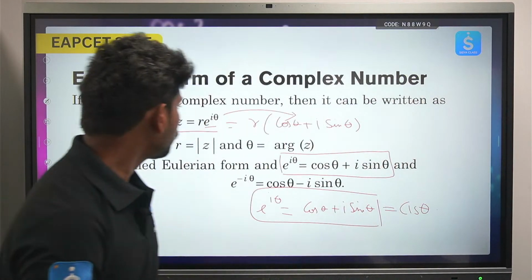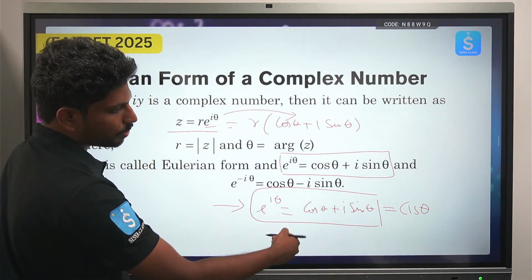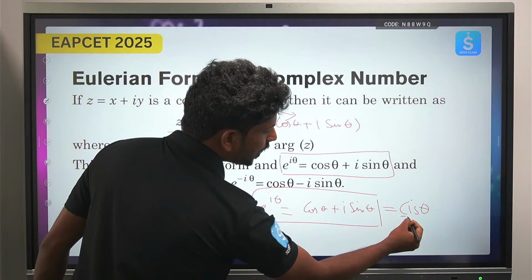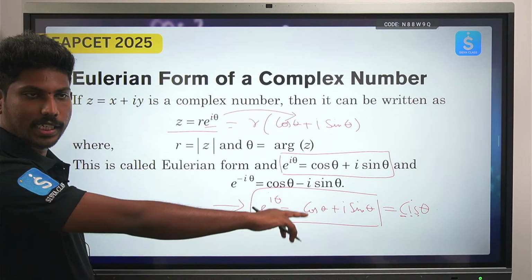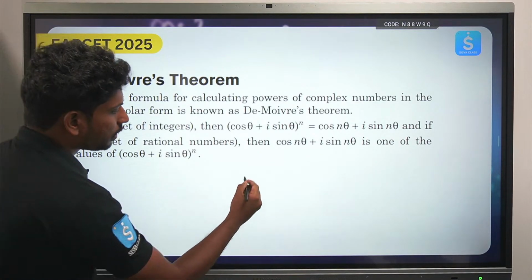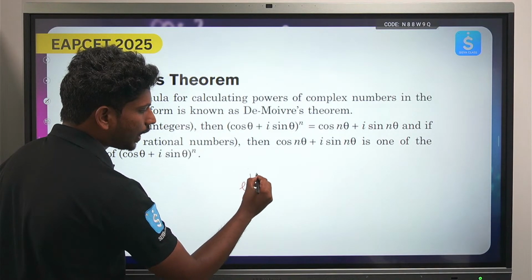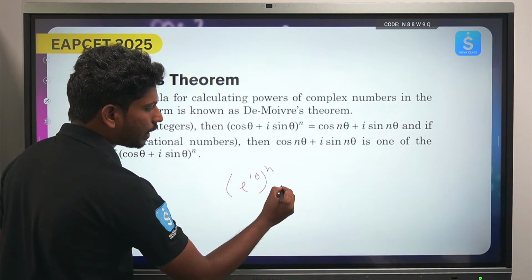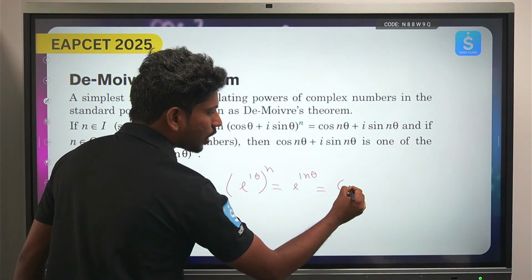Okay, now you see the next question. Everyone please note down this one. This is also called cis: C for cos, i for iota, S for sin. So it is called cis theta. This is e power i theta. Okay, so de Moivre's theorem says, instead of reading the whole sentence, now look: e power i theta whole to the power n, that is e power i n theta, is nothing but cos